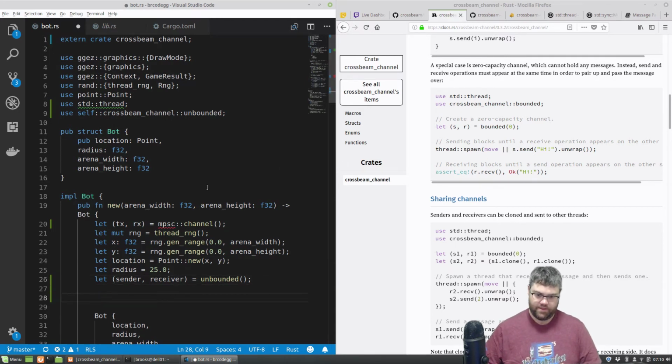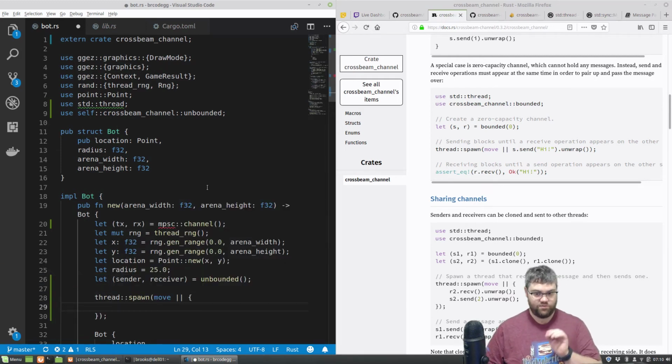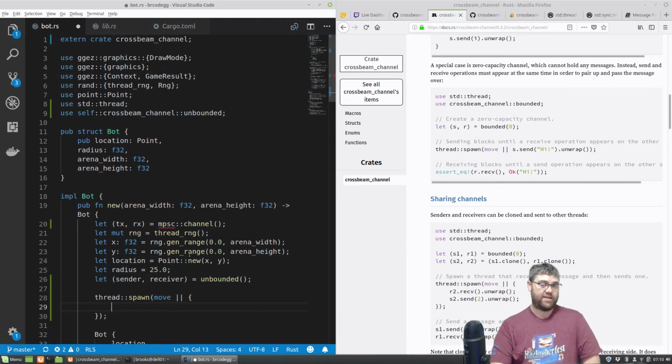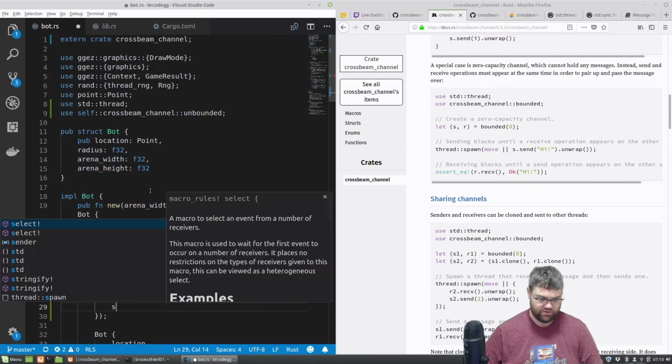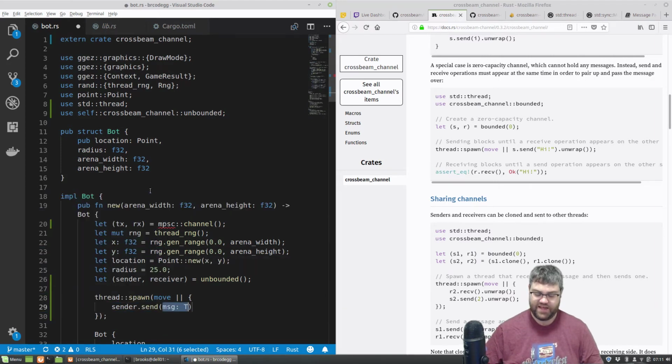We can just do thread spawn. We're going to move into it. And at this point, we want to tell it the location of where we want to go. So let's tell the bot to be right in like 250, 250. That might be good. So we'll do sender.send, and the message is